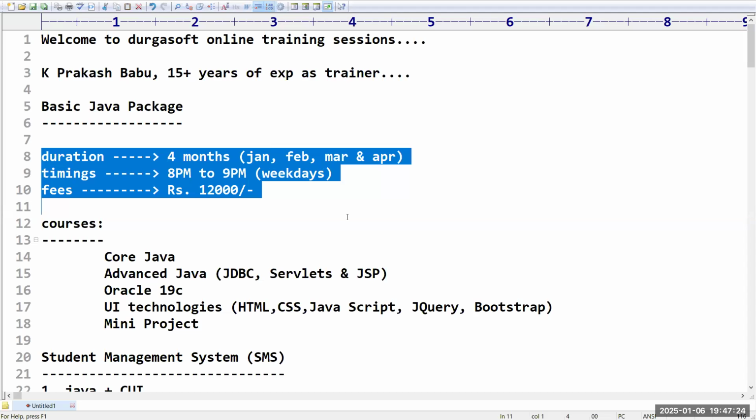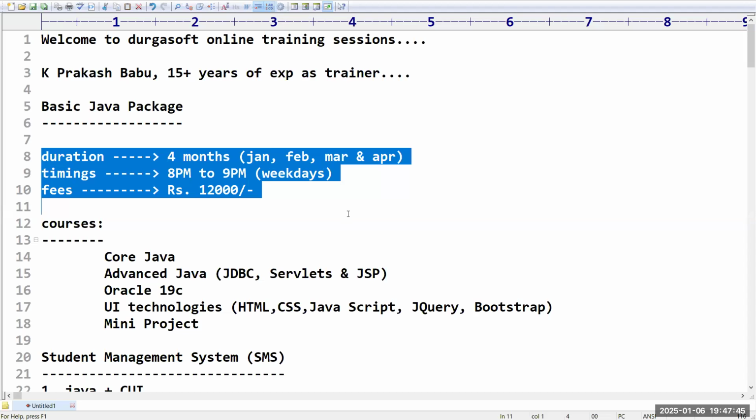The timings of the session are from 8 p.m. to 9 p.m. Please make sure it is not from 7. Already one batch got started, and this is an add-on batch for that. It runs 8 p.m. to 9 p.m., Monday to Friday, and the fees for this batch are 12,000.